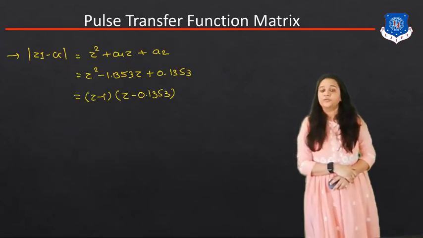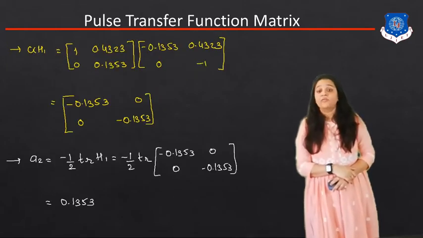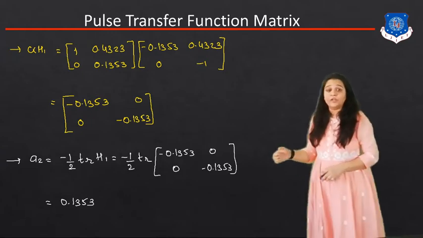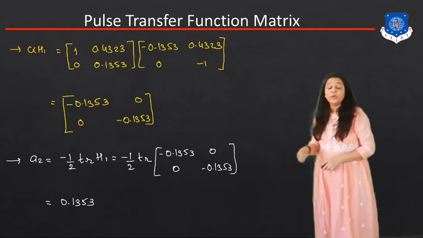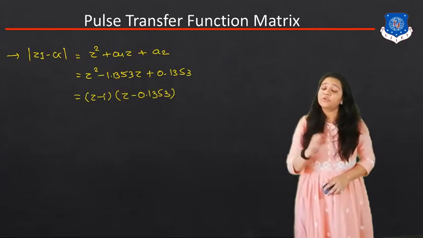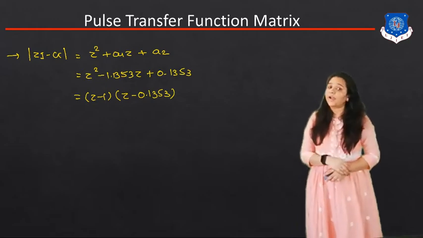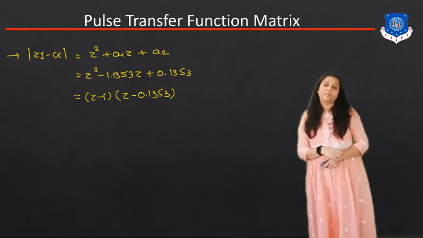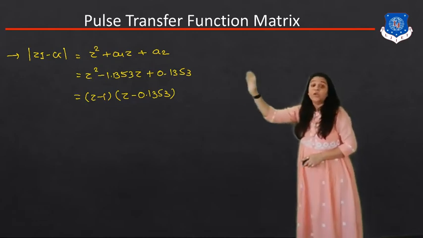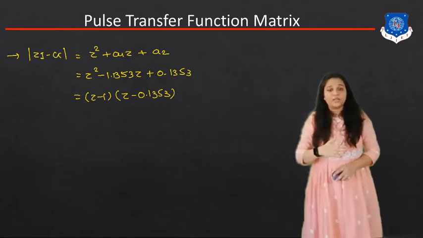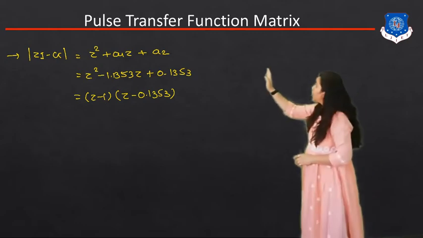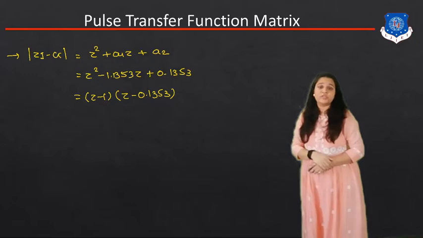Okay, now we can find the value of H2. If we have to find the value of H2 after a2, we get the value of 0. Then next we simply write the equation to find the value of |zI - Z|. It is z^2 + a1 z + a2. If we get the value of a3, then what is the equation of |zI - Z|? It becomes z^3 + a1 z^2 + a2 z + a3.